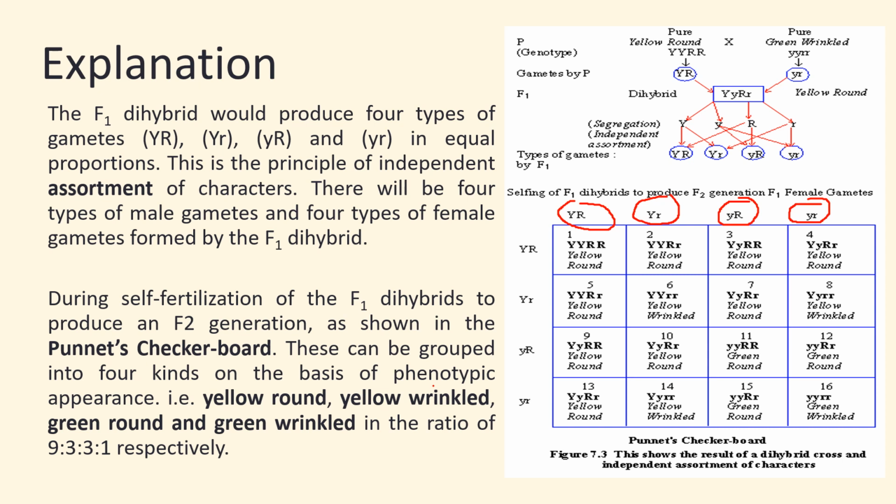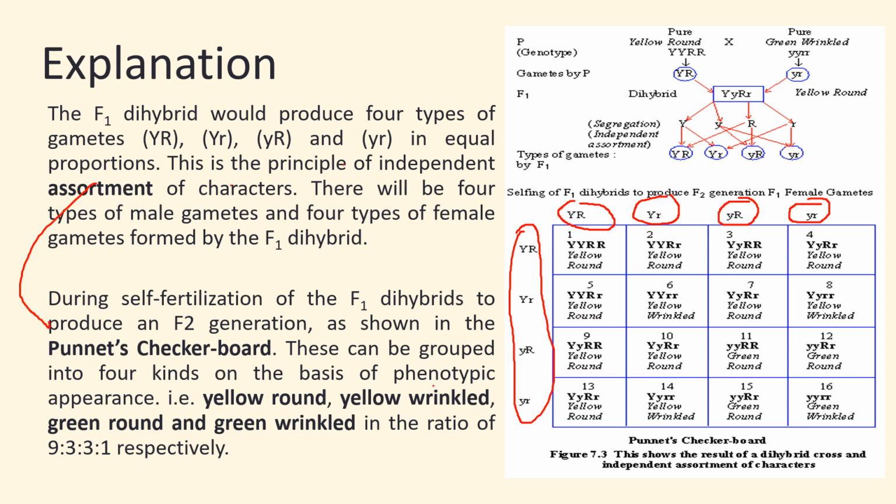There will be four types of male gametes and four types of female gametes formed by the F1 dihybrid. So these are the four kinds. These are male gametes. These are female gametes. During self-pollination of the F1 dihybrid to produce F2 generation, as shown in the Punnett checkerboard,